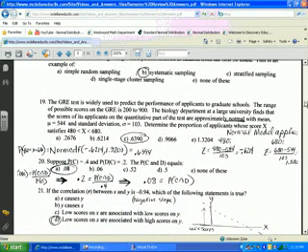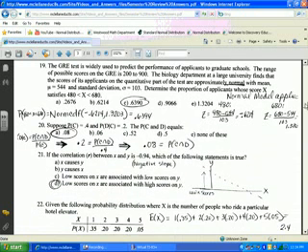Okay. All right, 19. It did say it was normal, and so were you okay with this? Did you get stuck in thinking you had to get a different standard deviation or anything, or were you fine that we were just talking about chapter 6 here and a regular parent population? So there we go.